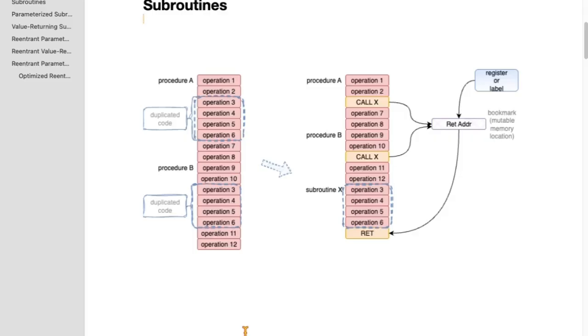Subroutines are used when there's multiple procedures that contain duplicated code. We could grab the code, operations 3, 4, 5, 6 in this diagram, and move them down into a subroutine and share them between the 2 procedures A and B. To do this, we insert a call instruction in the procedure and a return instruction at the end of the